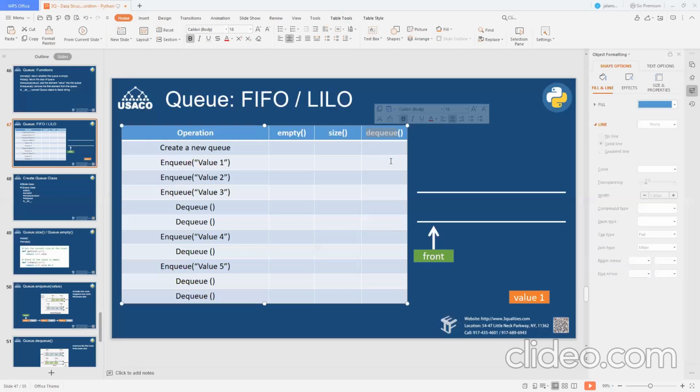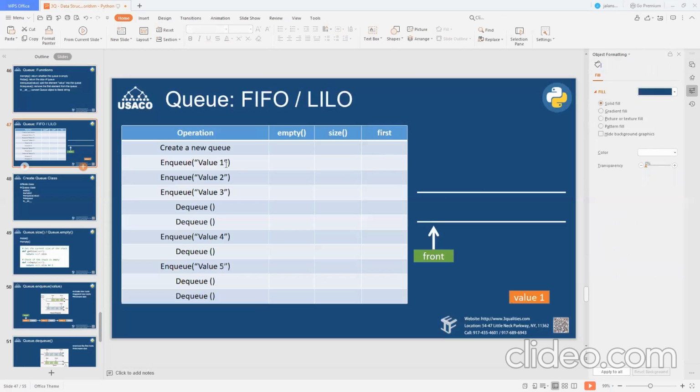I can check first. What does it mean? I have a first function. I don't call that function because I didn't mention the function right here. I just ask you what is the first value, what's the first element?